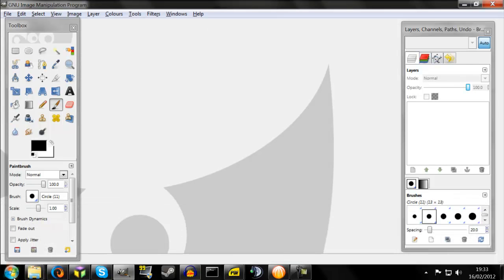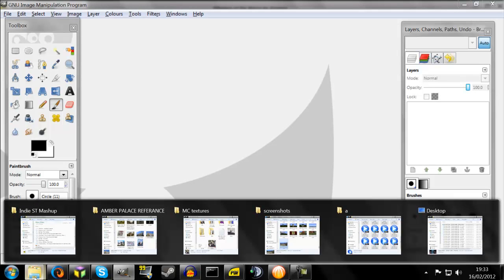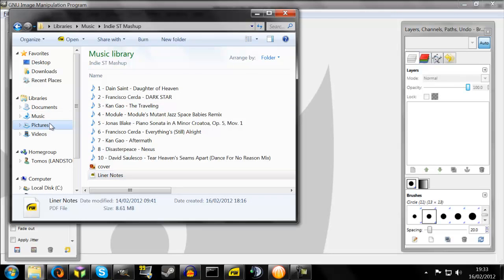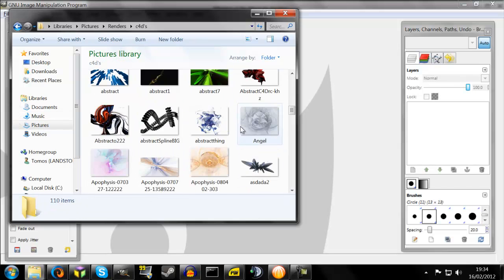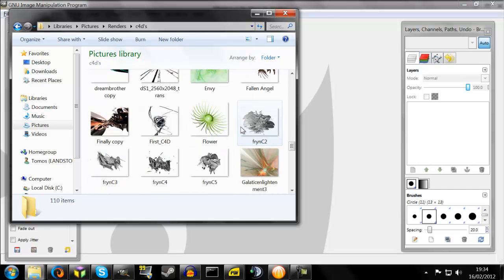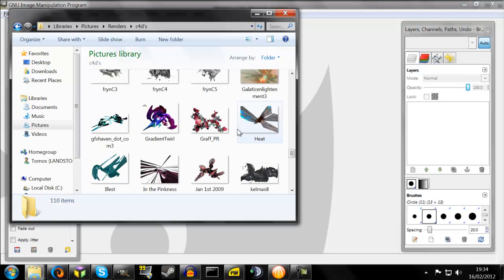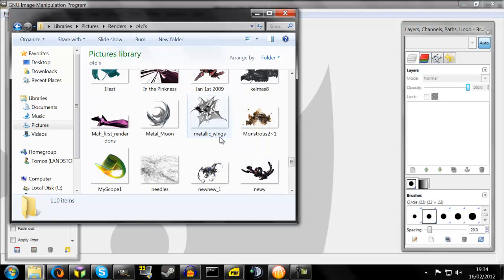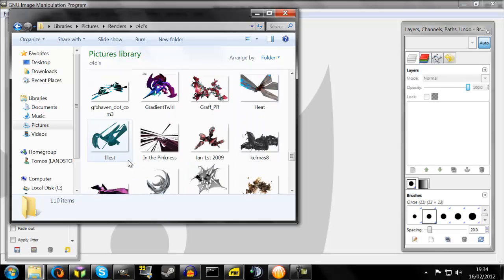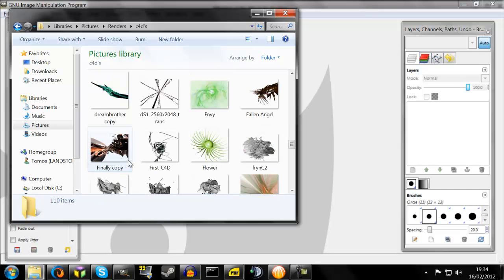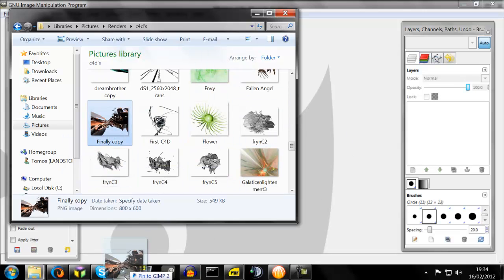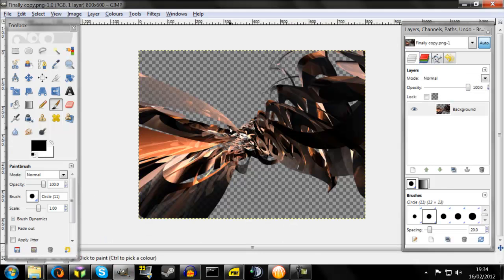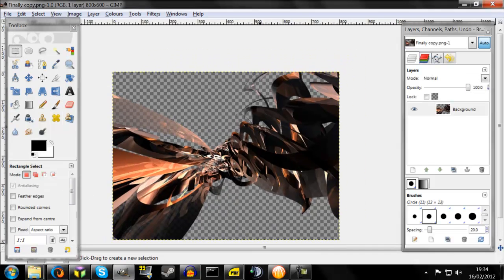So let's open up a file here. What should we have? Pictures, renders. These things are called C4Ds. They're like renders that you can put over the top of various images. What looks cool? Doesn't really matter. I guess that. Yes, you. Okay, so